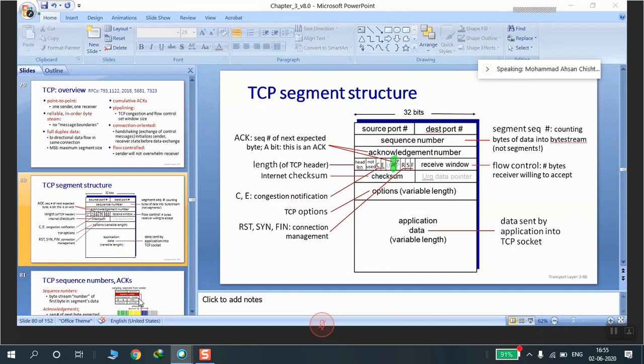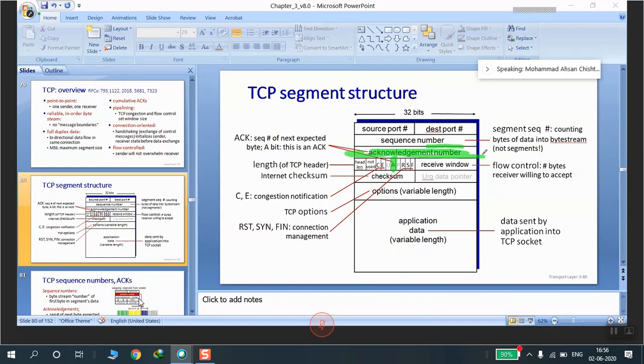We have a 32-bit acknowledgement number above this A. If the acknowledgement flag is set, this ACK or this A is set, then the value of this field is the next sequence number that the sender of the acknowledgement is expecting. That's why I said you go back, revise this. I want you to understand this so that it is easier for me to go ahead with the flow control.